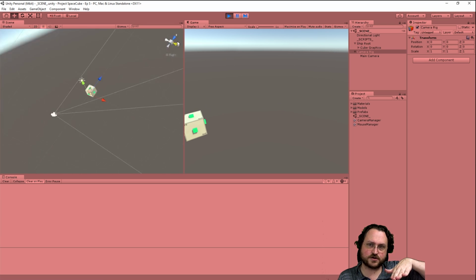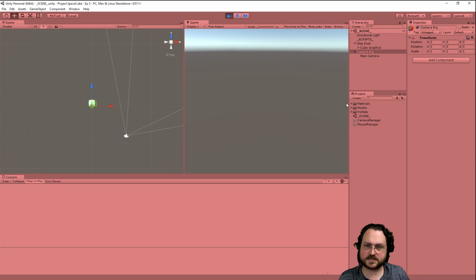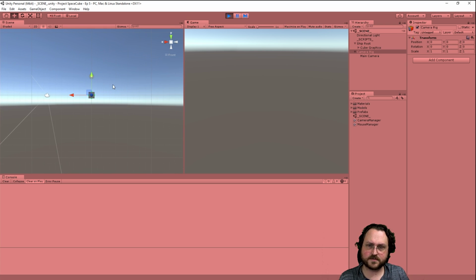I'm going to switch the editor view to the side, and I'm just going to move my mouse vertically, so we should orbit. Excellent. And just to make sure I didn't mess up some of the things, let's go and move to the side here, and then I'm going to move to the front view like this, and if I move up,